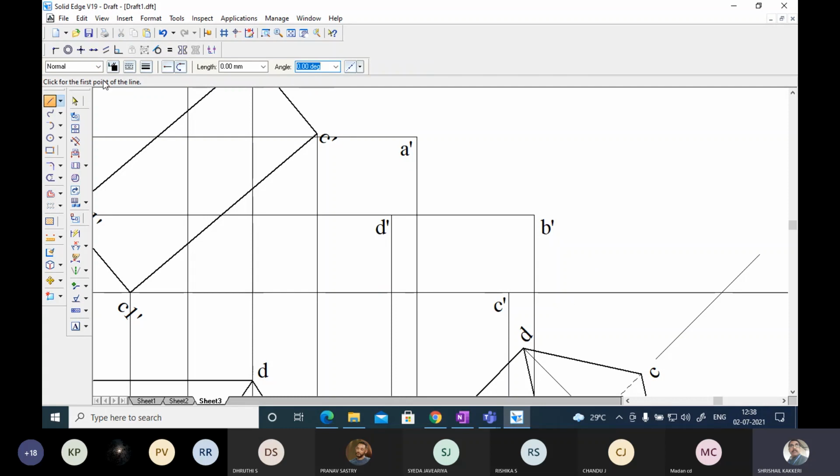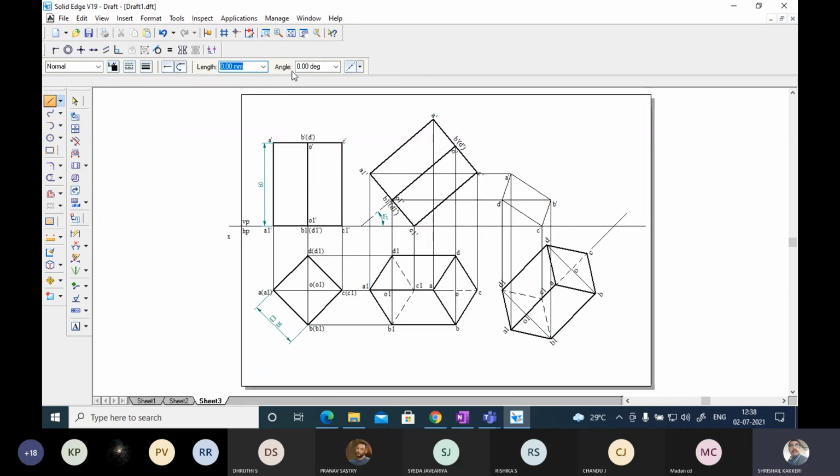Okay, now let me join by normal line. Don't join by this one, the thick line in the beginning: A to B, B to C, C to D, D to A. I join this. Okay, this is the shortcut method I don't say in the beginning. If I show it, you will not learn this, so I am not going to tell you the shortcut method.